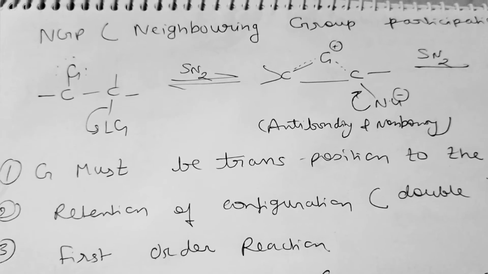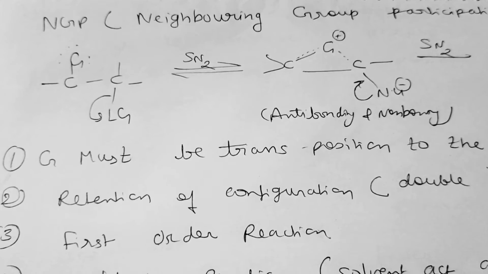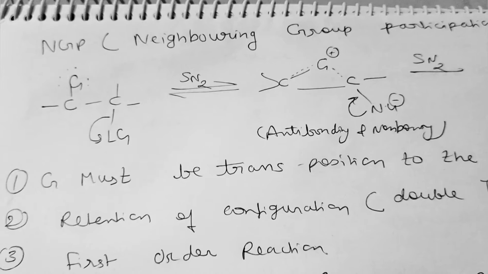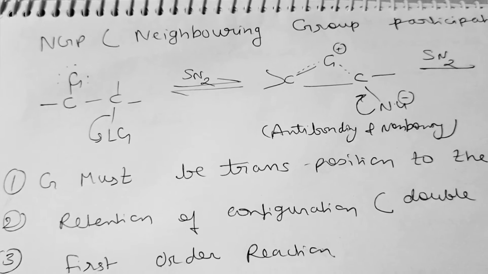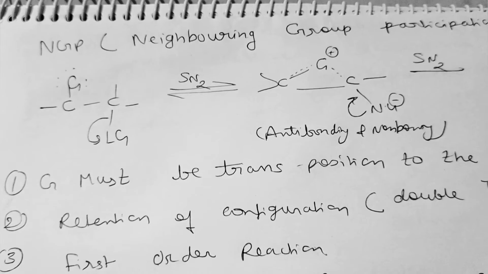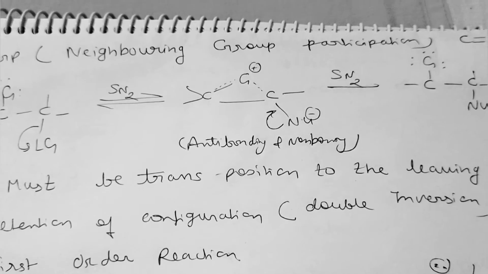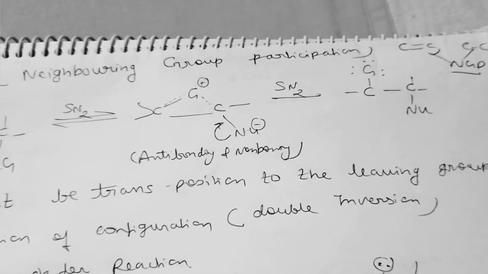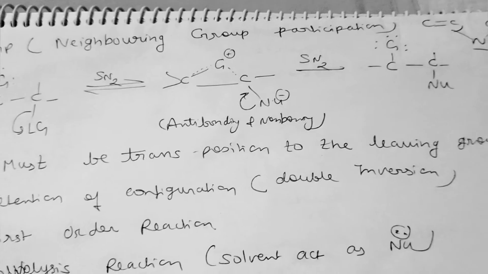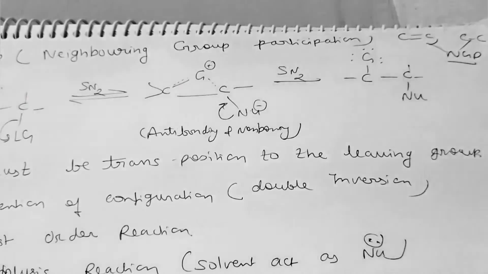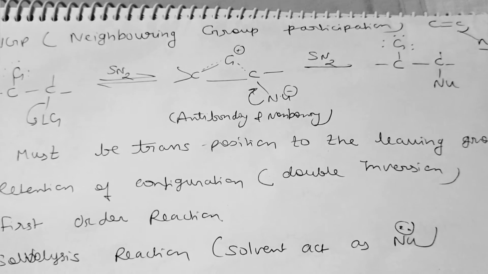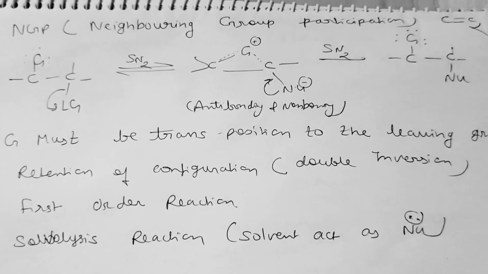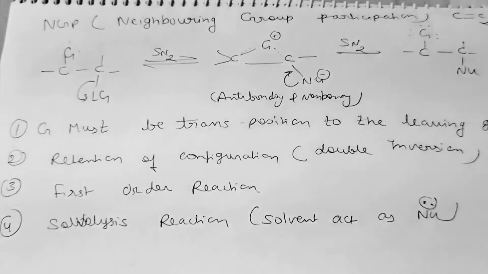Here G, that is having an extra lone pair of electrons, is also a nucleophile. It reacts and helps the leaving group move out from the carbon, and we get the transition state in the cyclic form. Another SN2 takes place, and instead of the leaving group, the outer nucleophile will be attached there. So instead of Lg the nucleophile is attached, so retention will be there after two inversions, which I already told you in the previous video.